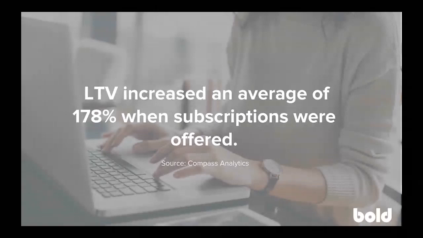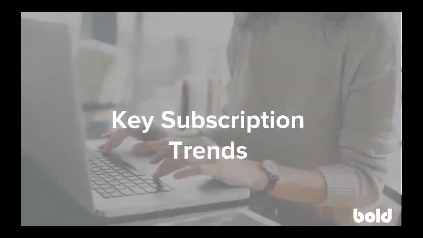Now, this kind of brings us to our main point, which is it's great to offer subscriptions, but you have to figure out how you can offer subscriptions, right? It's not always as simple as selling a bag of coffee and offering someone to get that same bag of coffee every month. People sell apparel, people sell jewelry. There's all different kinds of business models, and that typical subscription model doesn't work for everyone. So we're going to jump into a couple of different trends that we've noticed that people are utilizing our app for. The first is the build-a-box approach.